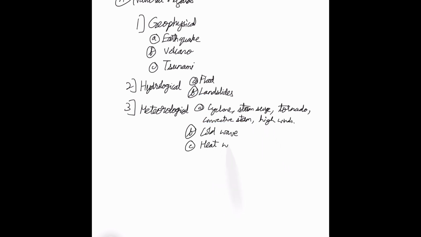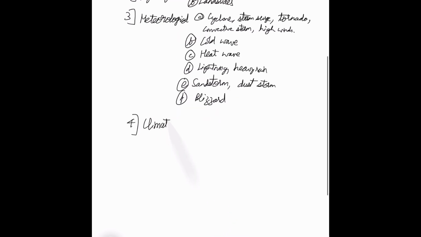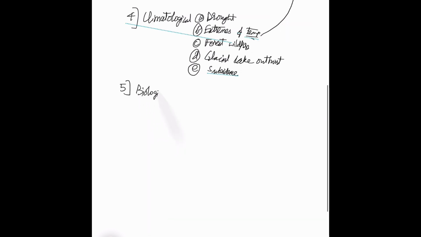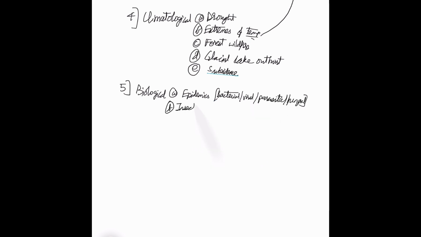Then cold waves, heat waves, lightning or heavy rain, or thunderstorms basically. Then sandstorms, dust storms, and blizzards. Then we have climatological disasters, which involve drought, extremes of temperature, forest wildfires, glacial lake outbursts, and subsidence. And lastly, we have biological hazards like epidemics, which can be bacterial, viral, parasitic, or fungal, and insect infestations